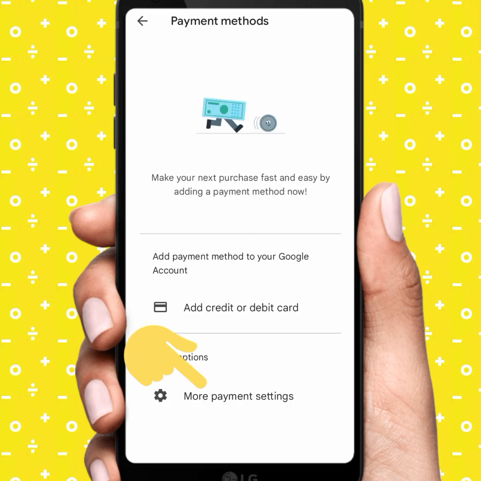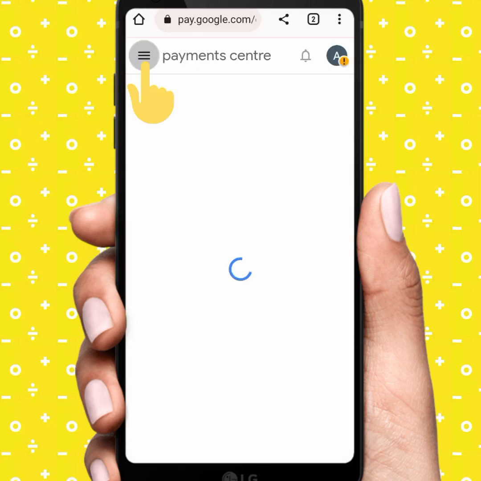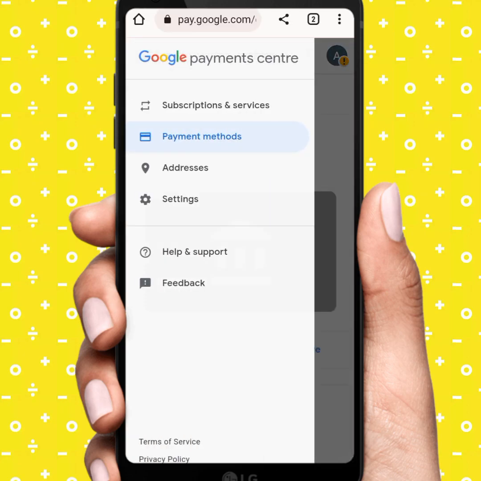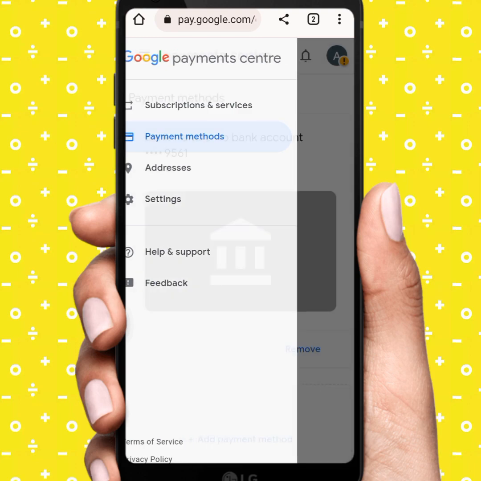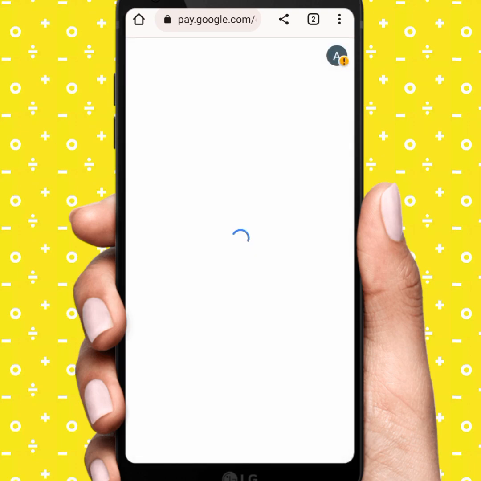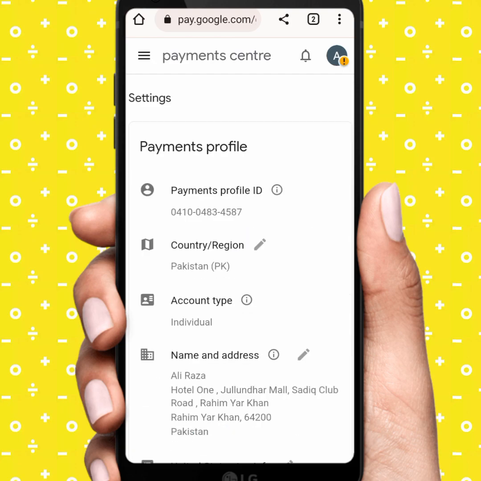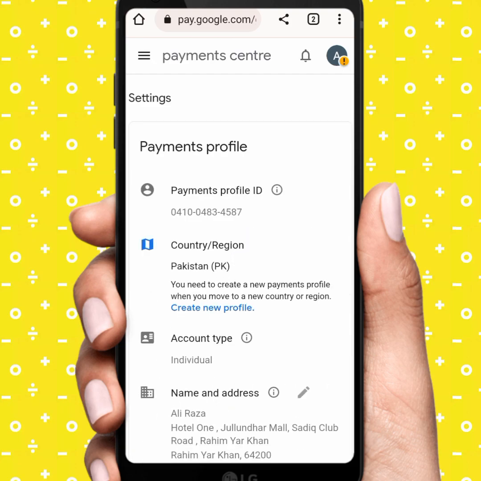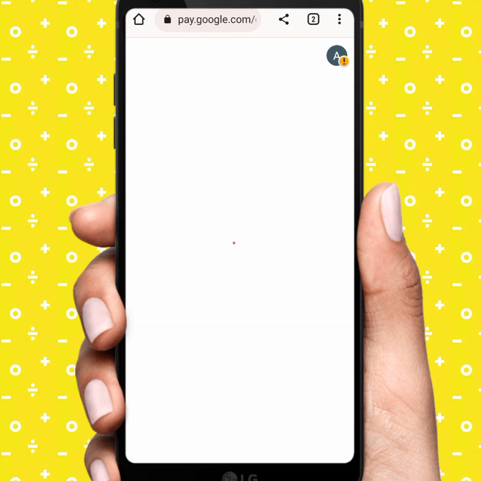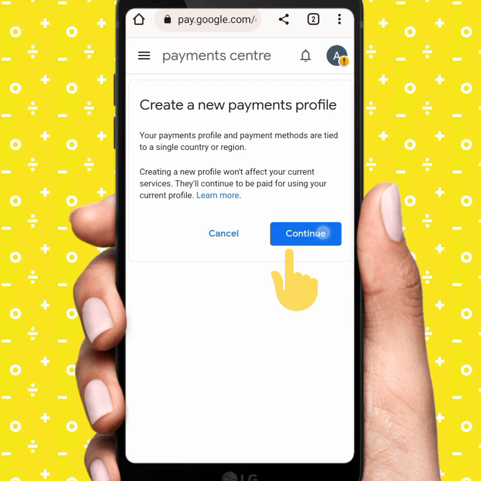and tap on more payment settings and tap on this three line menu and tap on settings again and tap on country or region. Tap on this and tap on create a new profile. Tap on this and tap on continue,